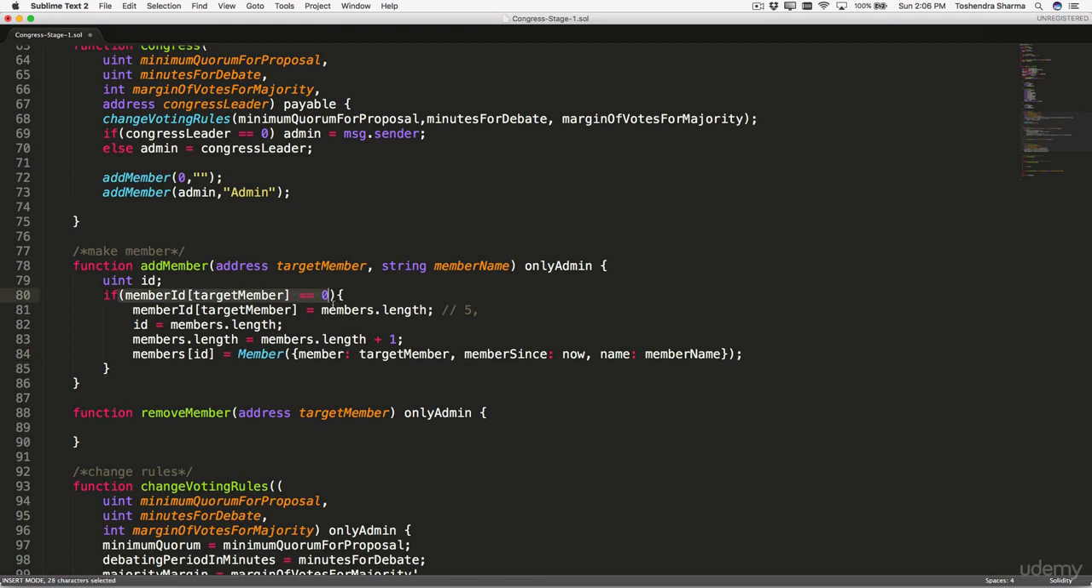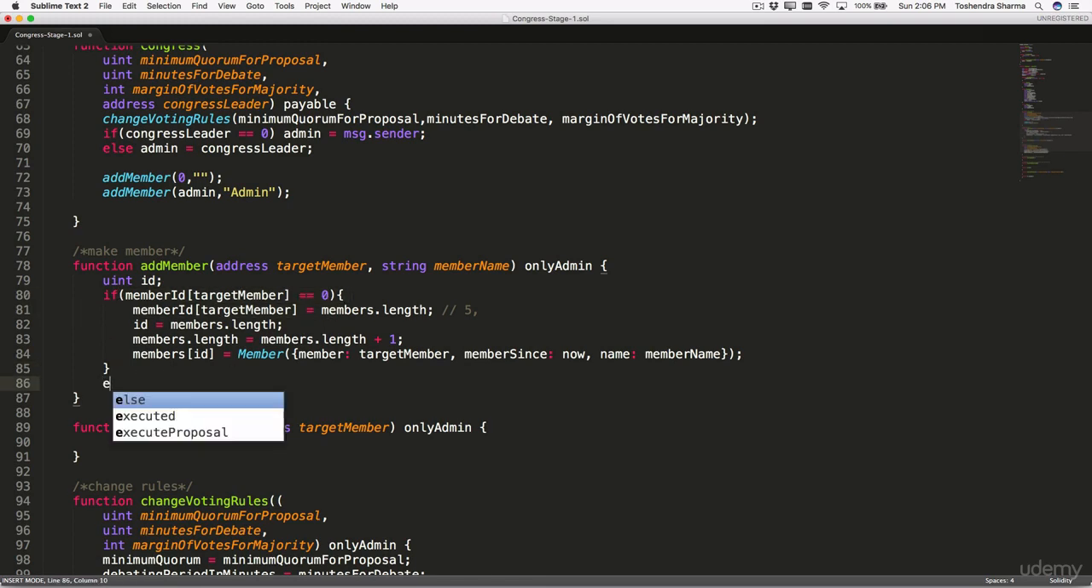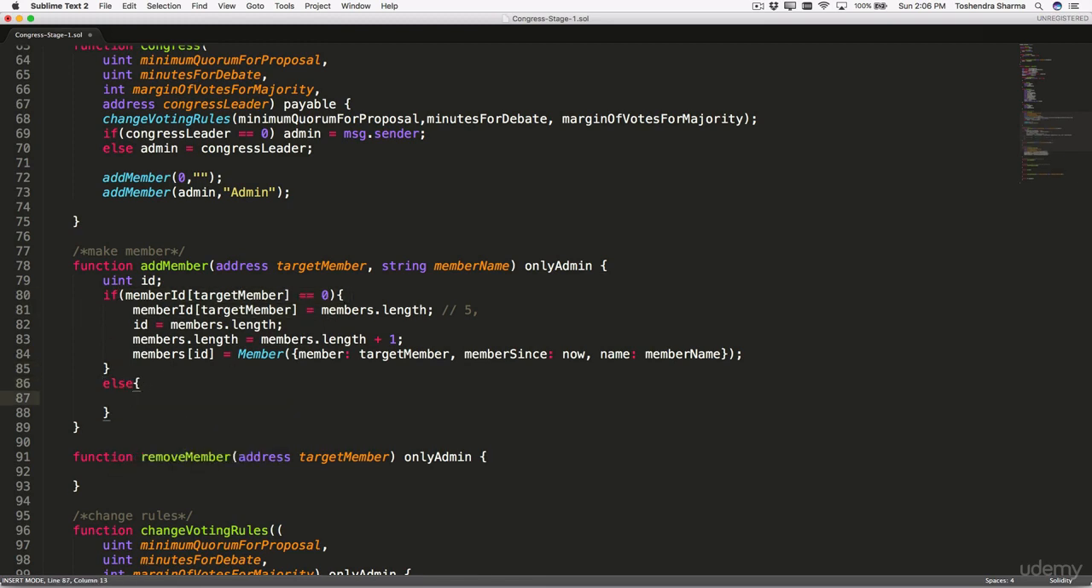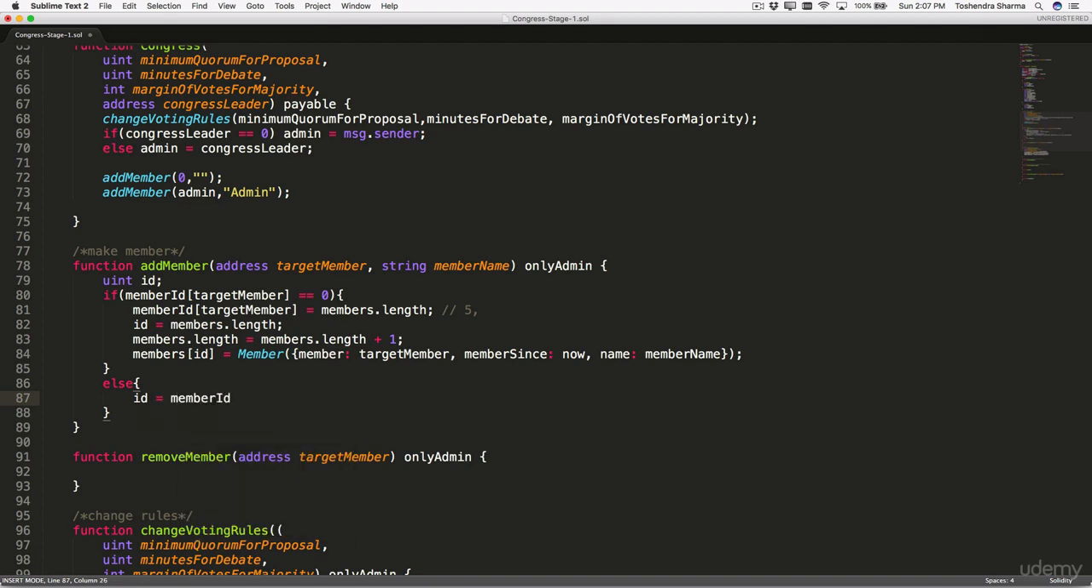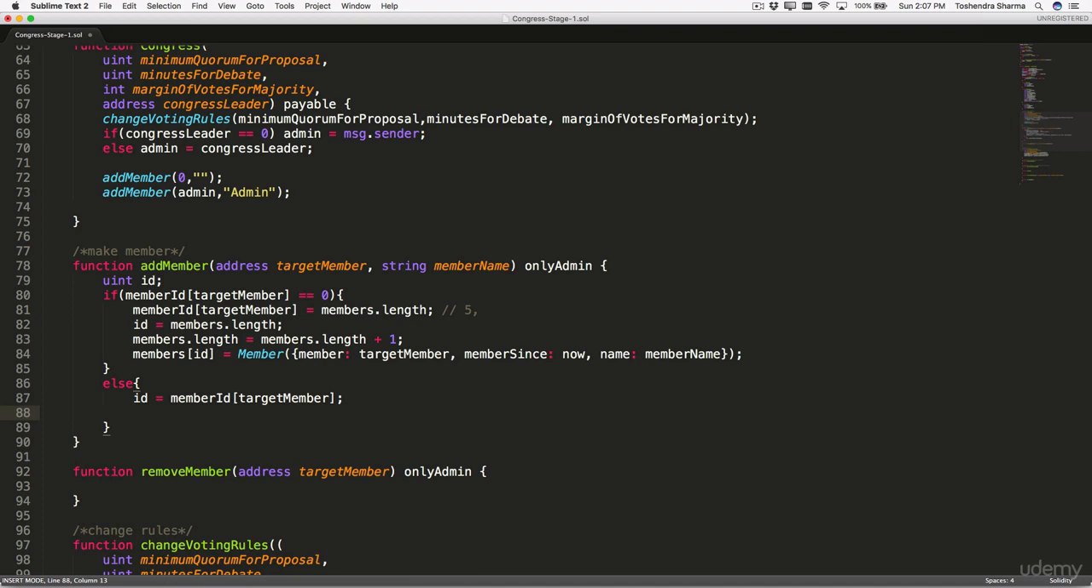Means if this condition is not true, if the member already exists, then what will you do? So we'll put a small else condition, and we will actually get the ID of the member. To get the ID of the member, you need to do member ID, right? And then in the member ID, you need to put a target address, because if this is not equal to 0, then this has to be equal to the ID. So if this is equal to ID, take it in the ID variable,